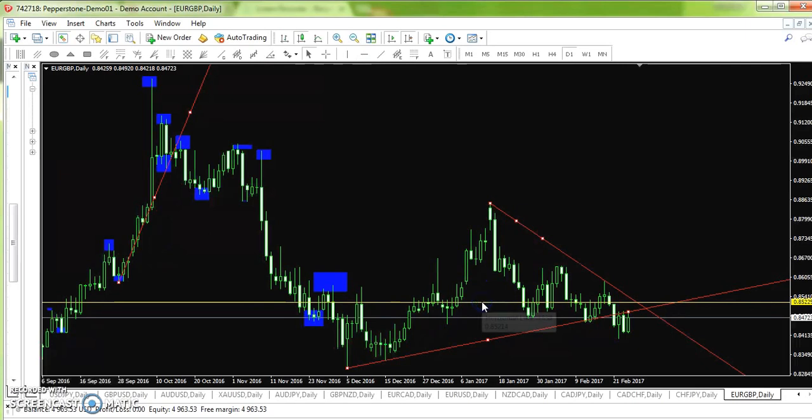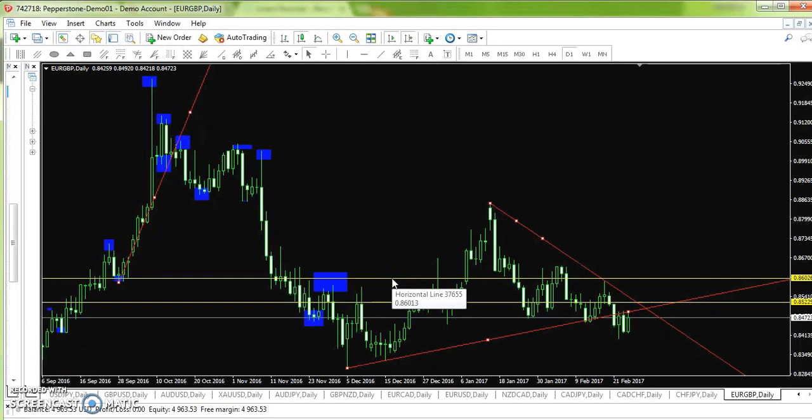So my trade of this particular pair Euro GBP is to sell below 85.85229. And my stop loss would obviously be the previous swing lower high. This is the lower high, this is the lower high swing. So I'm just considering a couple of points above this point, that is around 0.86026. So this is my trade.